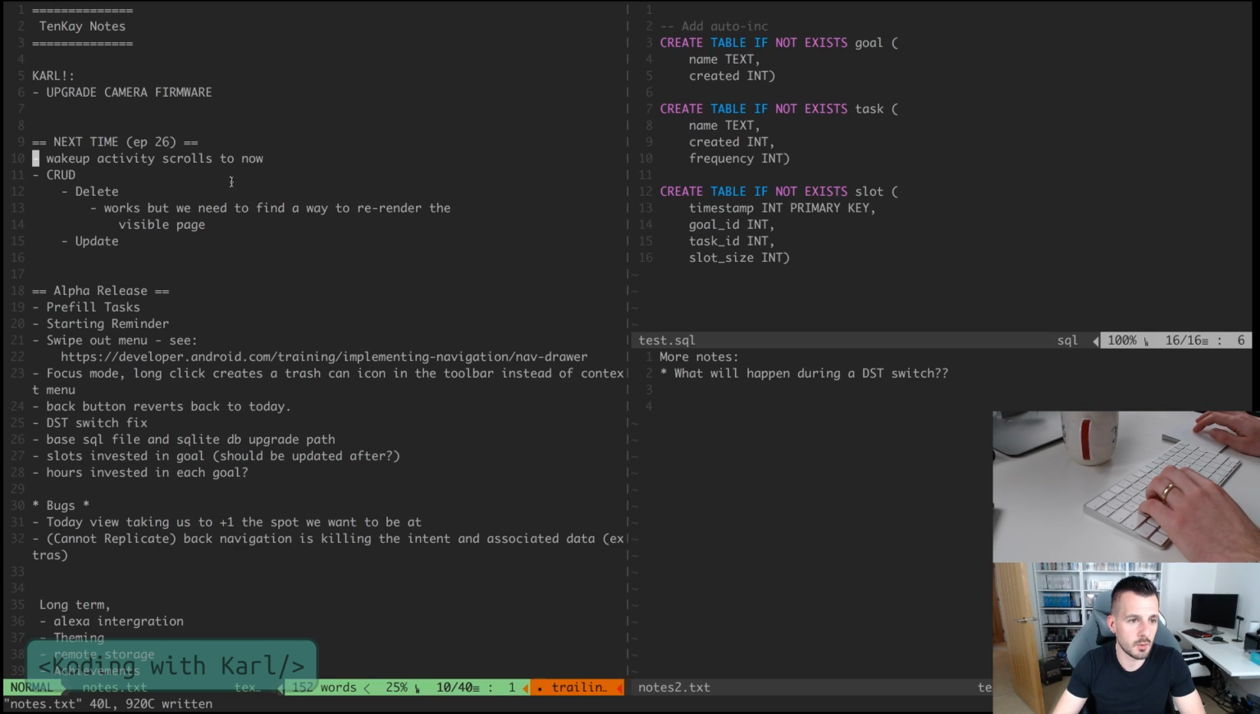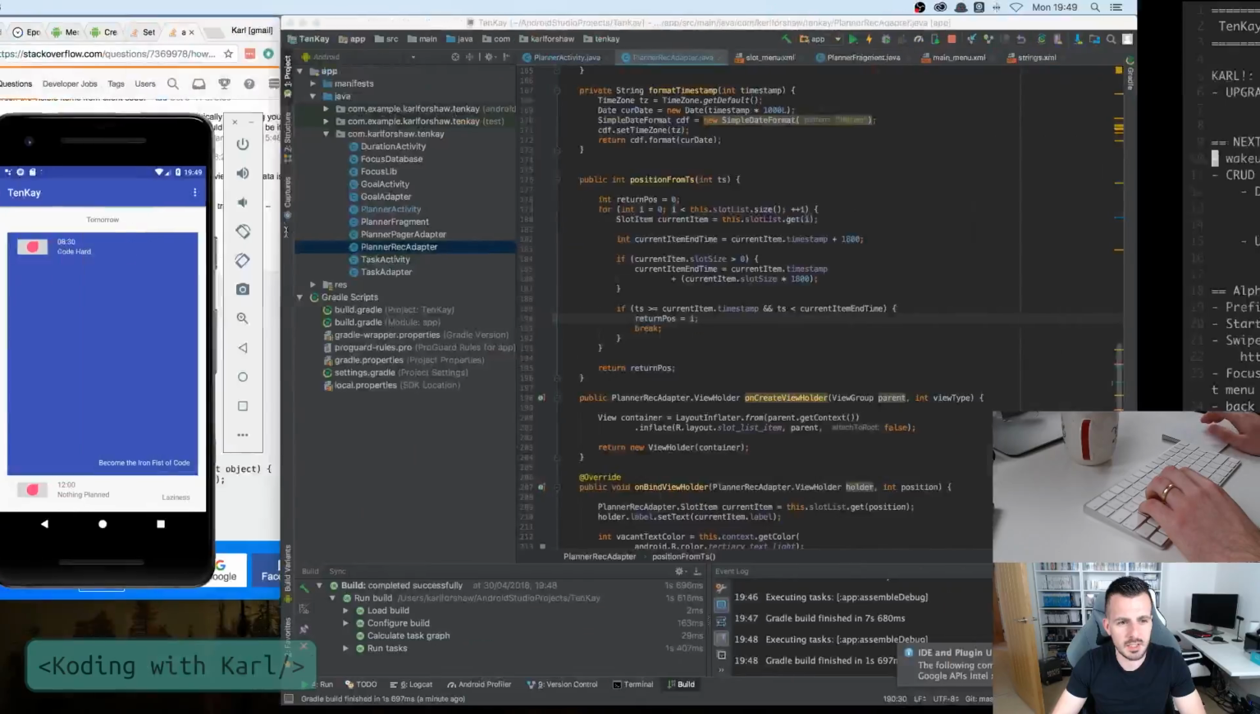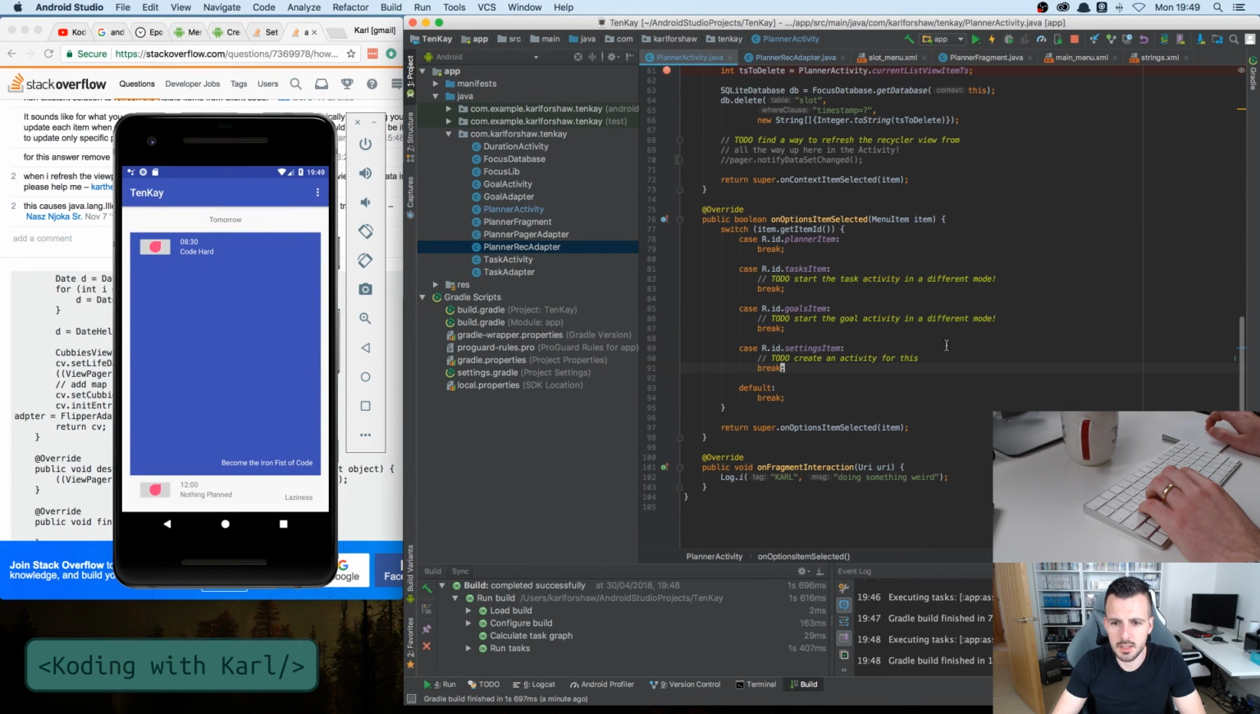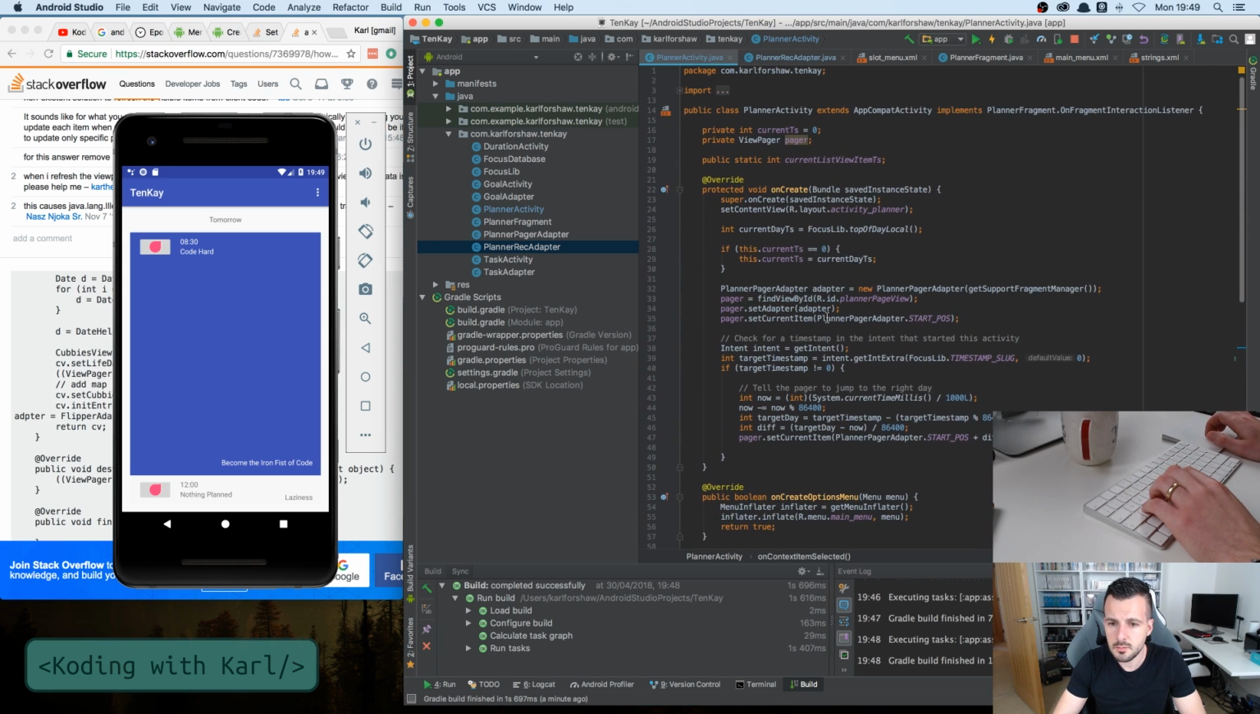This is where I would like us to get today. And should we go back to this? I think that this notify dataset change thing should actually be on the pager adapter and not the pager itself. So let's make a marker there. Where is the adapter? Adapter is there. And maybe if we put it here,